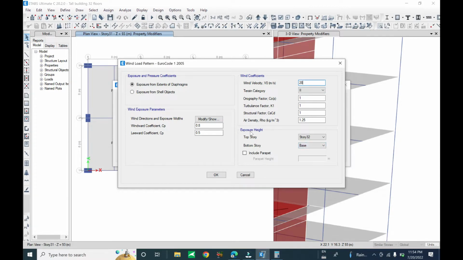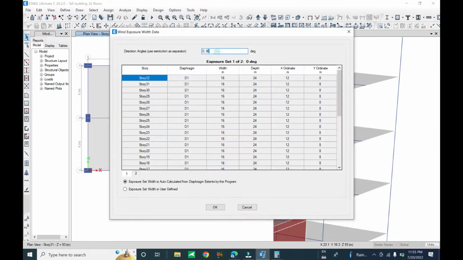Okay, the exposure height for the story 1 and story 2 is the wave floor. So for the parking 1, 2, so the story 1, 2, 3, 4, 5 we do not apply. We call surrounding building here is 3 floor or 4 floor, so we want to apply at the story 6 to the story 32. If you include the parapet, you can include the parapet height at the top floor and